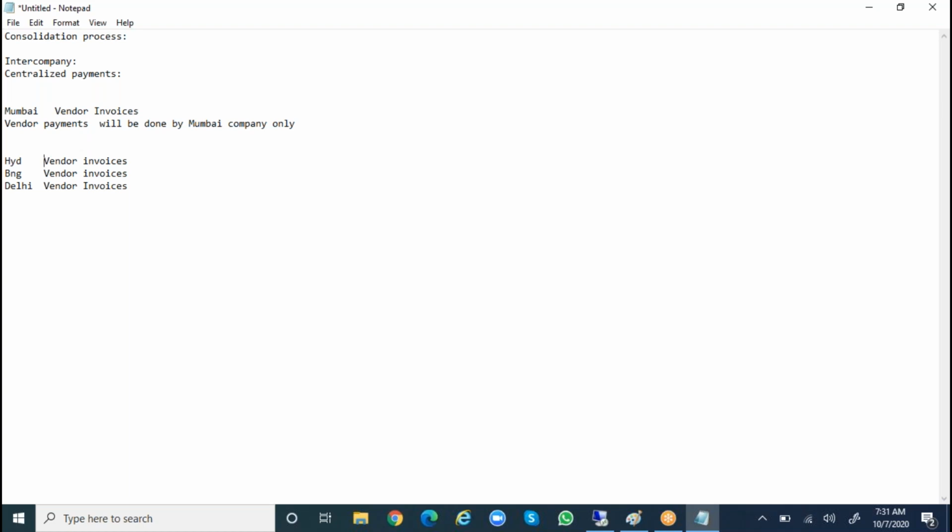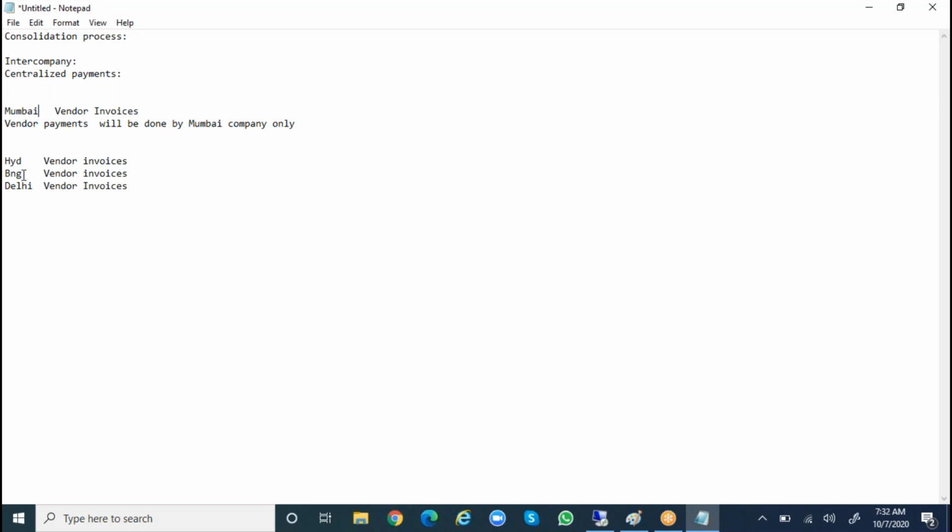Yes, many companies do like this. They will not have check permission, they will not have check power, these Hyderabad, Bangalore, Delhi companies. Check power is only for the Mumbai company. Some key persons, some directors, will sign on the check and issue the checks to the vendors. Now here I want the payments for other legal entities also.